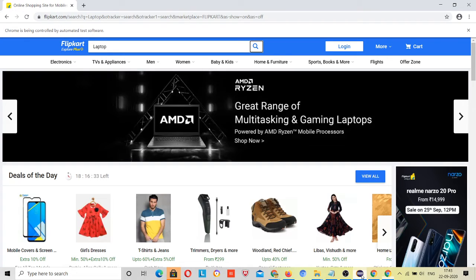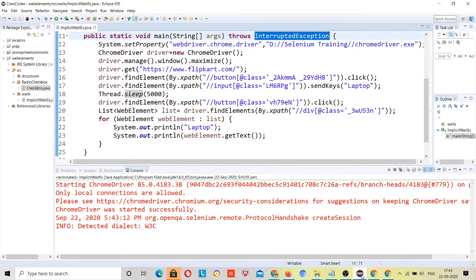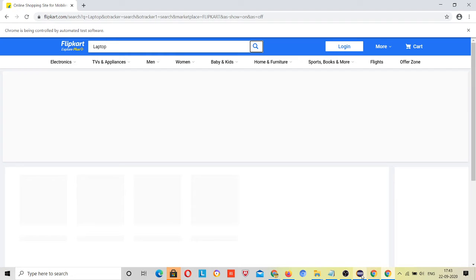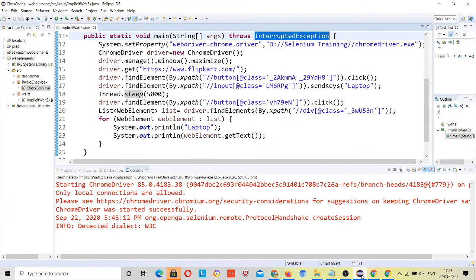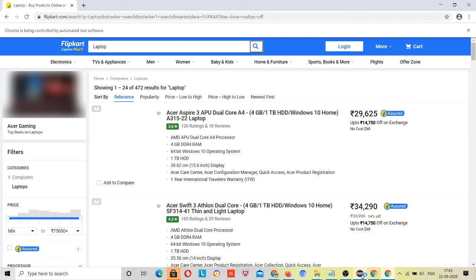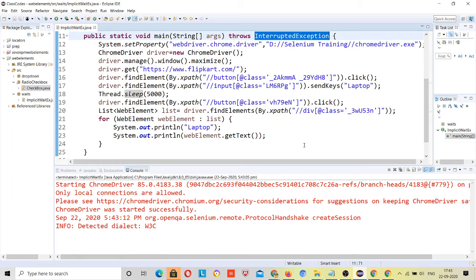Although I thought that I had given a small sleep time, right? If I do not get this, then I will increase that. It took more than 5 seconds.